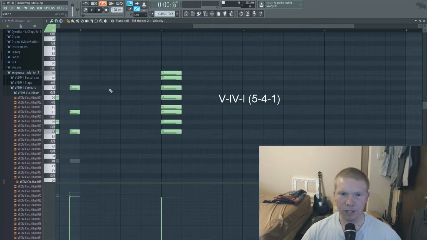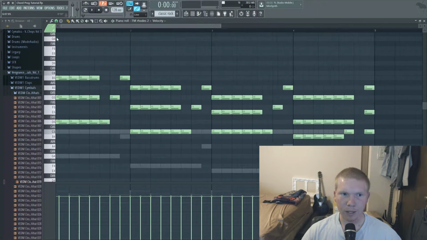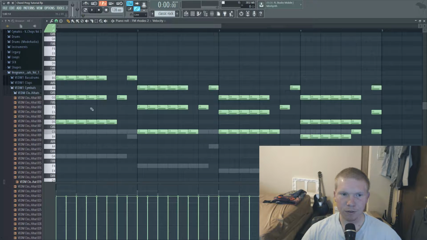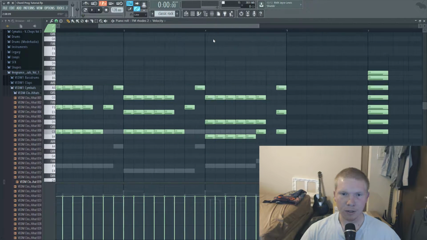G, or G is the 5th chord, then F is the 4th, and then C is the 1. So we have G major, F major, that's 5, 4, and then C major is the 1. And then we go back to G major, which this G major chord and this G major chord look different, but that's just called an inversion, which